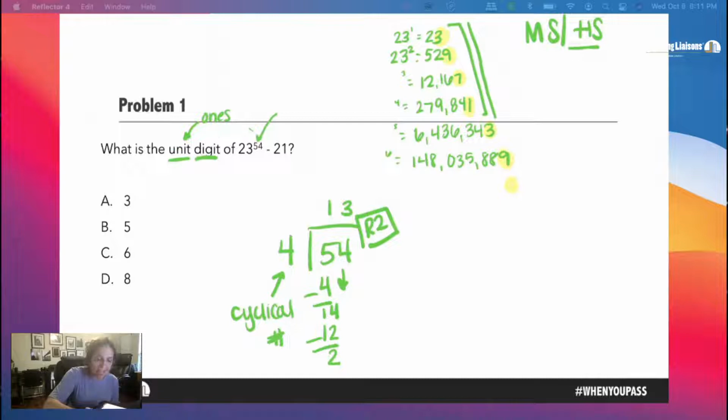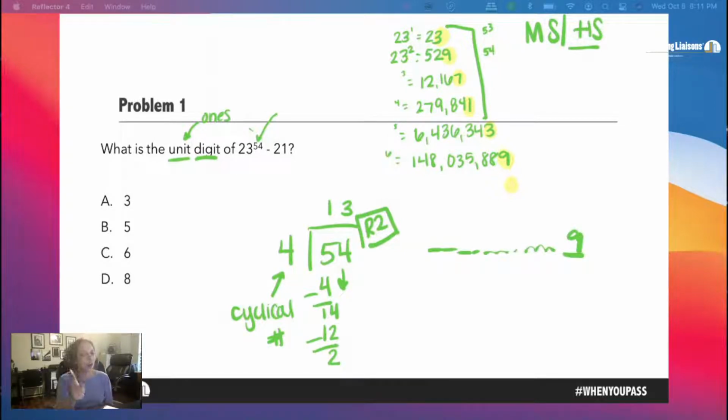So we went 52, and then now we have 21 to the 53rd power, 21 to the 54th power. 21 to the 54th power is going to be some really long number with a 9 in the units digit. Now you see why I didn't divide using my calculator, because if I used my calculator, 54 divided by 4,